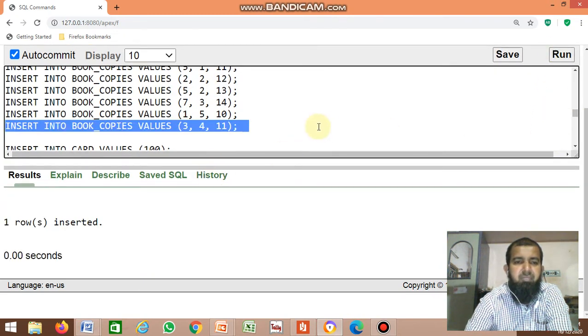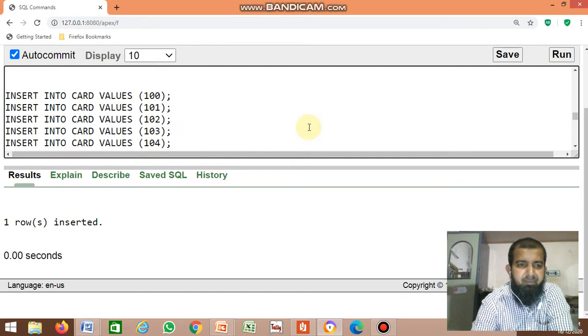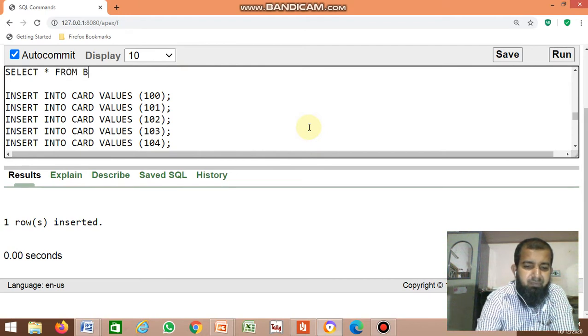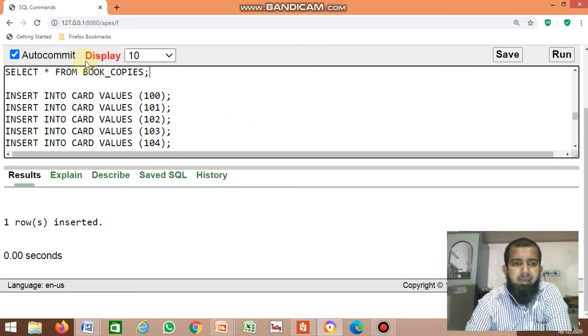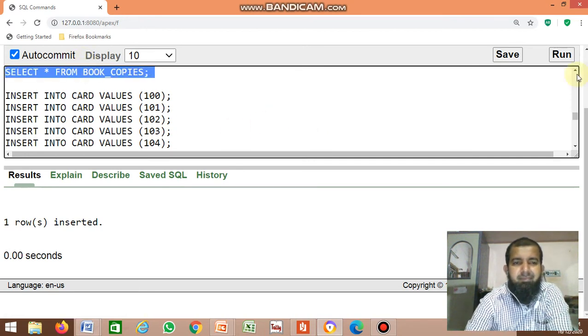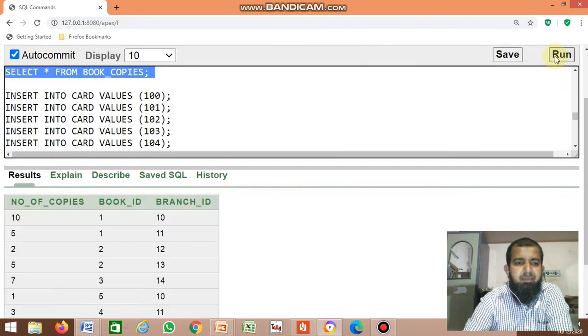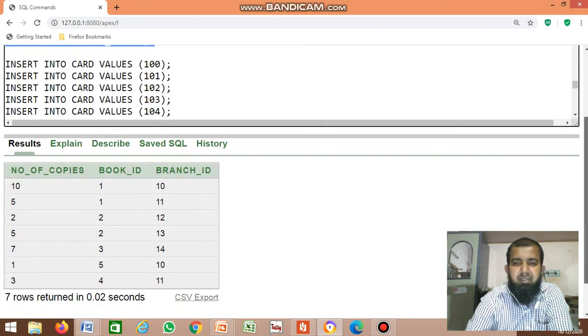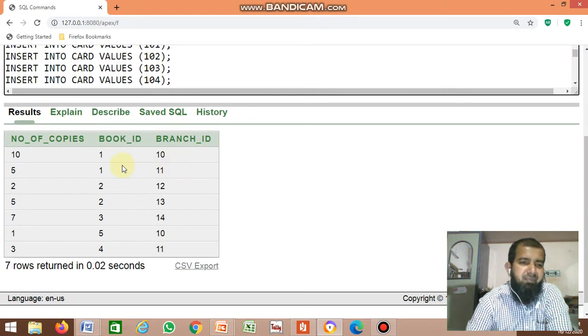Okay, now display the book copies table: select star from book copies. So this is the book copies table. It contains number of copies, book ID and branch ID.